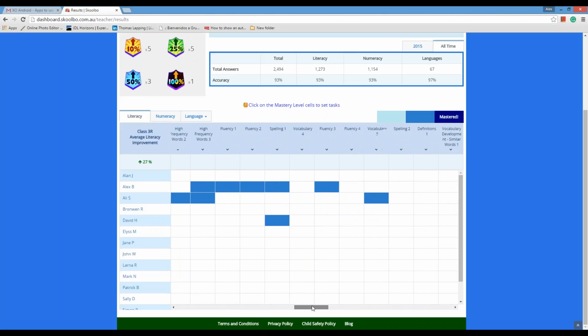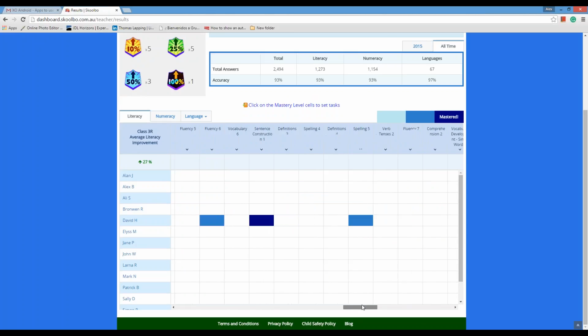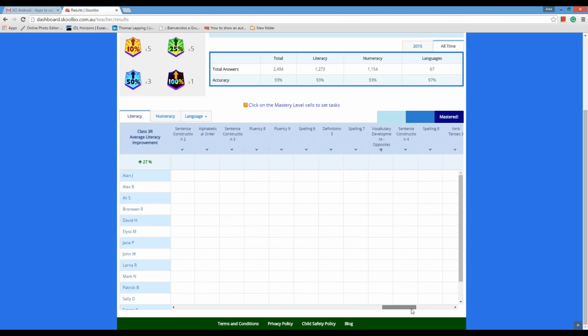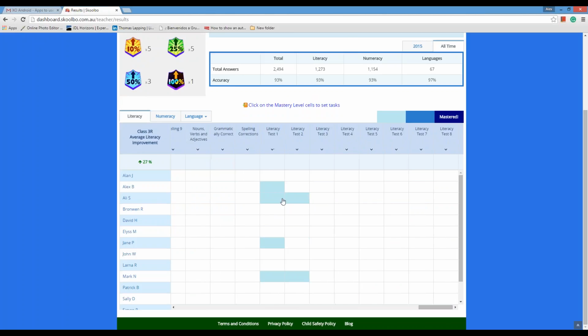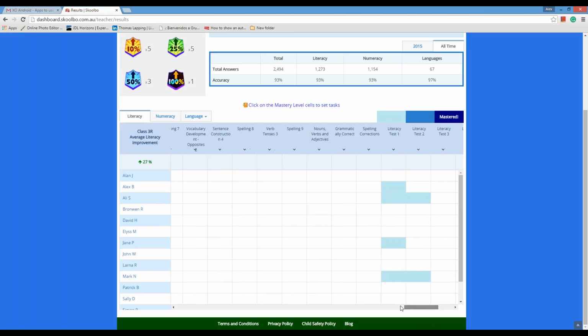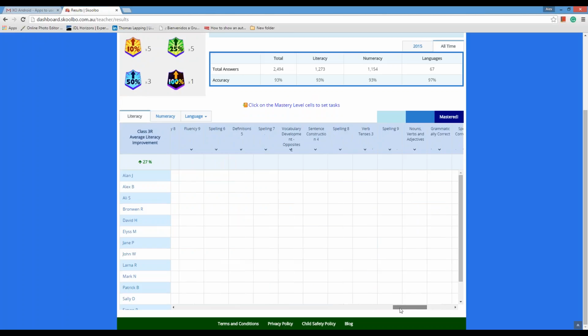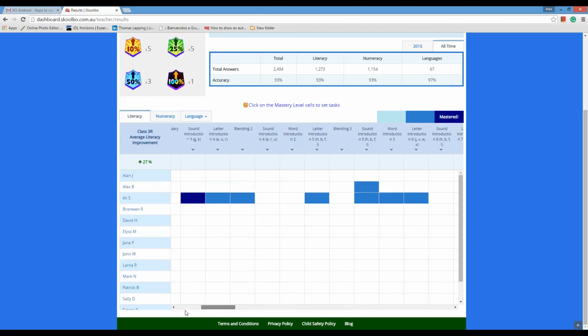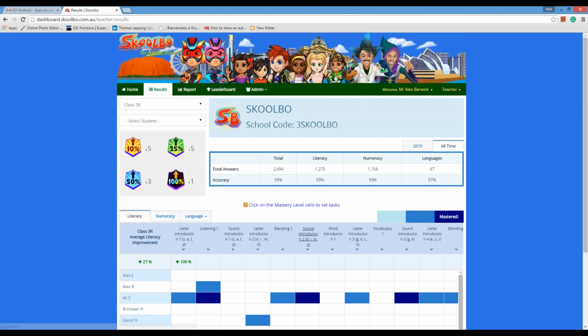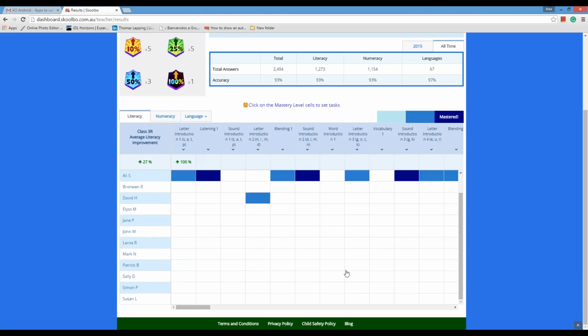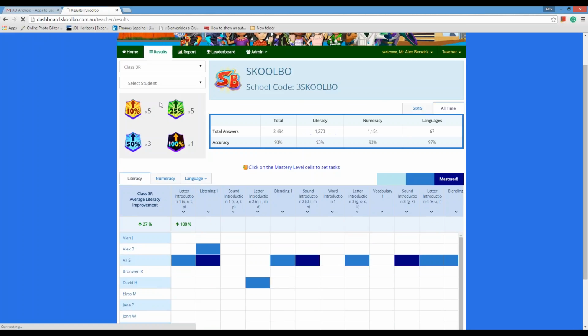They're doing fairly well across the board, and some high-end topics as well. Haven't done anything up here. Some tougher questions they're not doing so well yet. So you can have a nice quick overview of your class. That starts to really get useful once they've been using it for a long period of time and it all populates. You can go and drill down even further on an individual student basis.